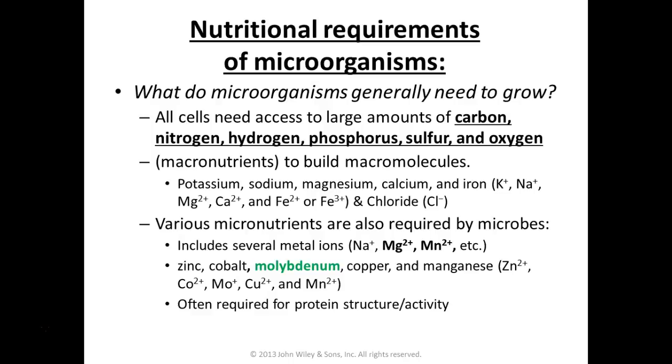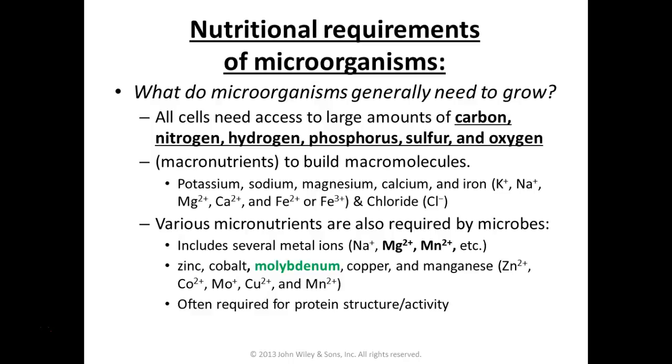Things like muscle contraction, right? Moving the actin filaments around, all that fun stuff. So same thing for microorganisms, right? Ions and ionic balance are really important to the functionality of chemical reactions within cells. So these are needed in relatively large quantities as well, but not quite as much as the top 6, because the top 6 are actually the building elements that make up the molecules that are the structural and functioning parts